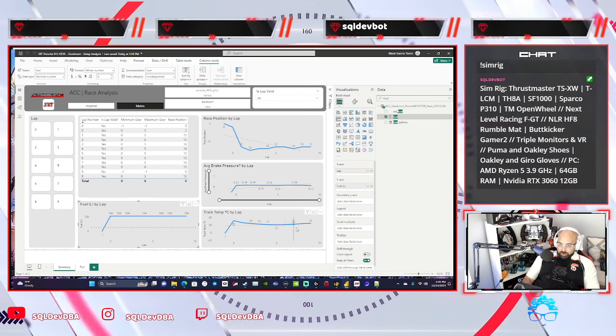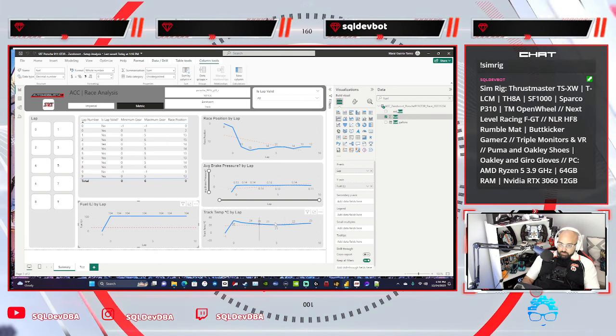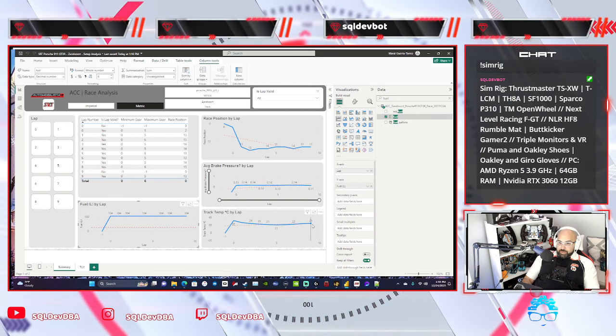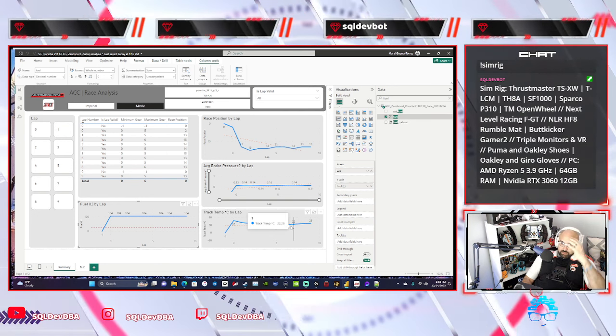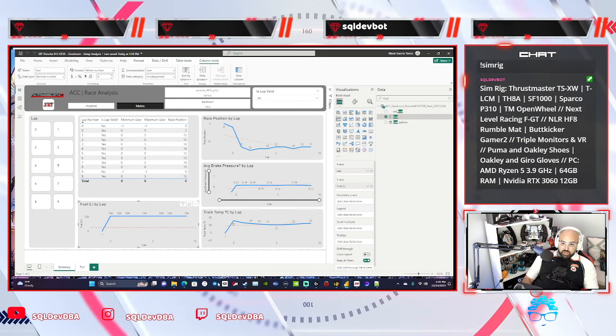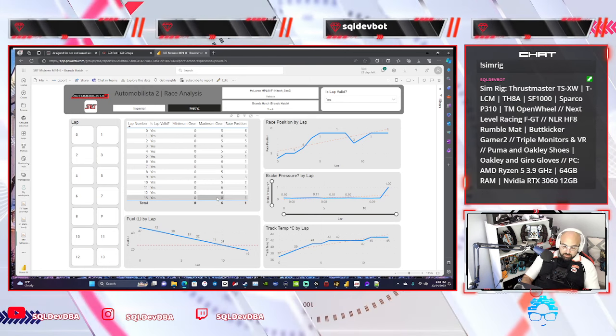Here we can see about when it got dark, because that's when the track temperature dropped, and then it started coming back up as the morning came, as the sun rose. So that's pretty cool. Okay, it looks like all I have to do is change the logo here. So let me go ahead and